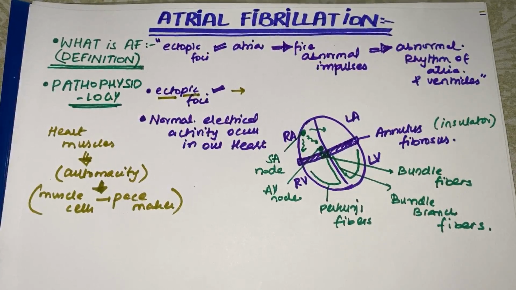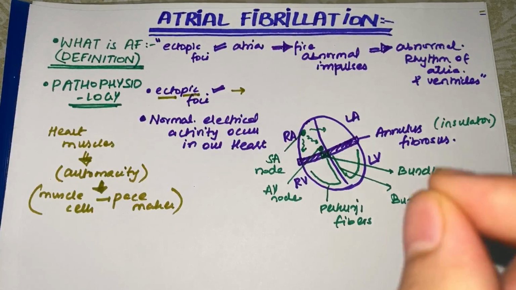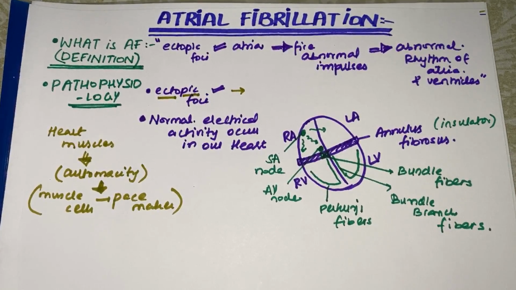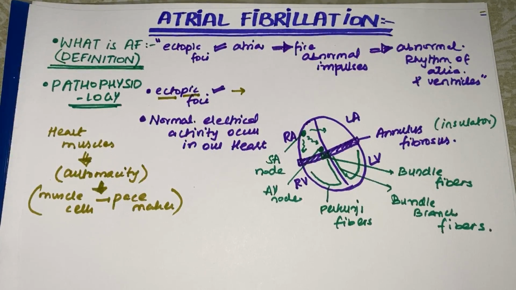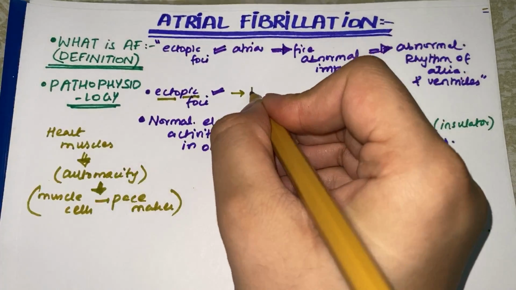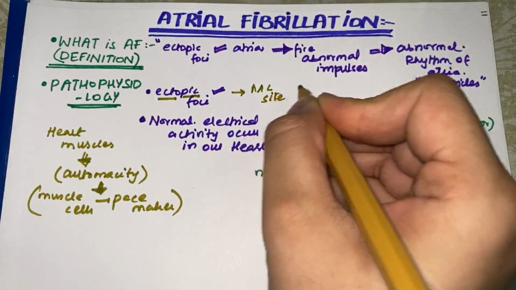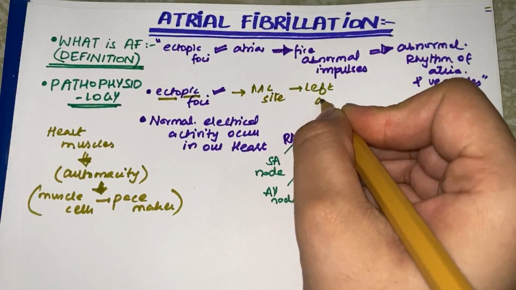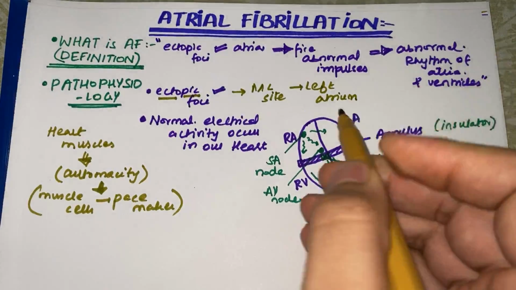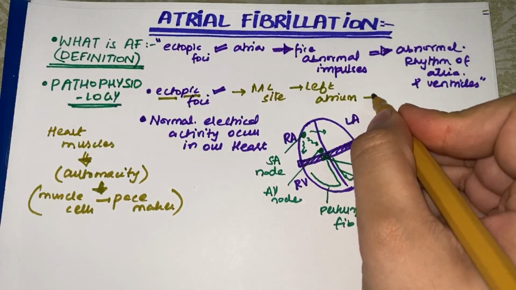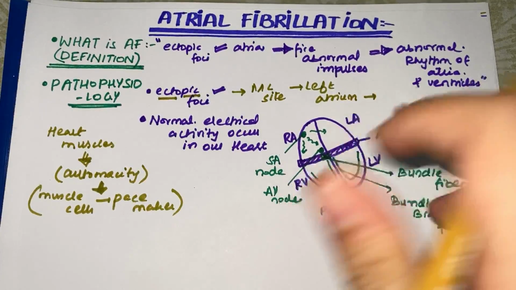Fine. So ectopic foci are basically small muscle cells of the atria which now start firing electrical impulses and they act as pacemaker of the heart. They are called the ectopic foci. Fine. So the ectopic foci, its most common site is the left atrium, and more precisely in this left atrium its most common site is the muscle